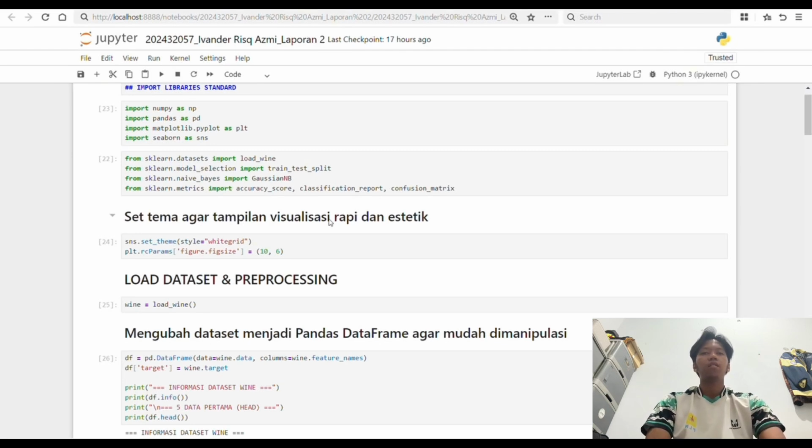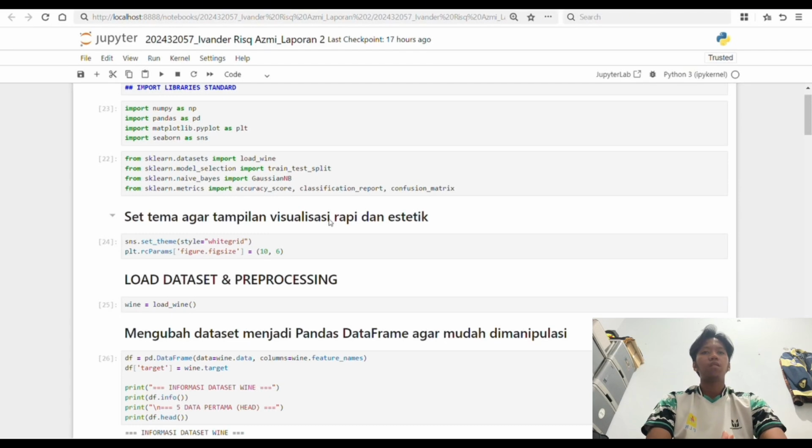Here I call the pandas and NumPy libraries, which serve as our main foundation for manipulating numerical matrix structures and data tables. For graphical layout, I imported Matplotlib and Seaborn.